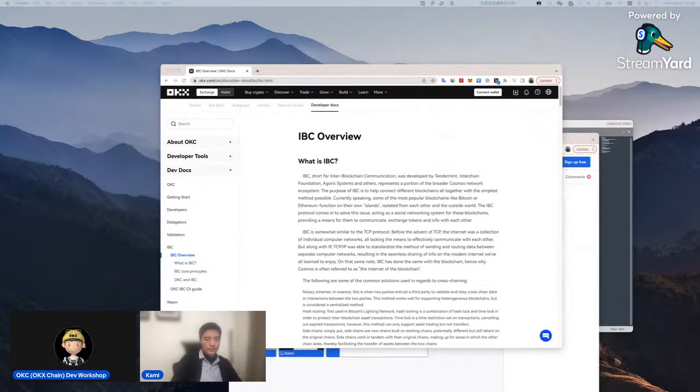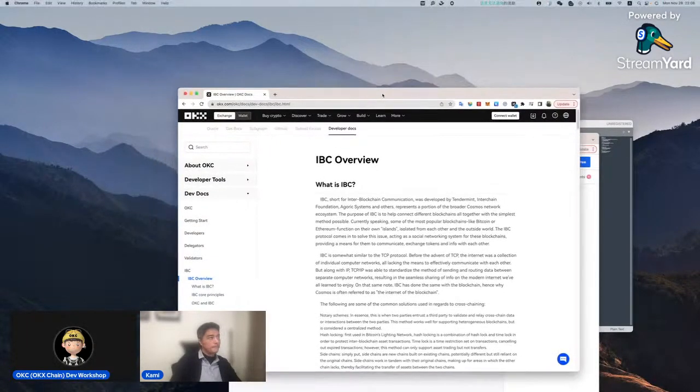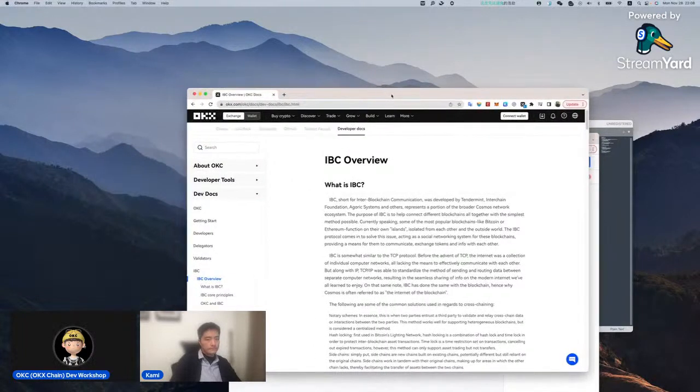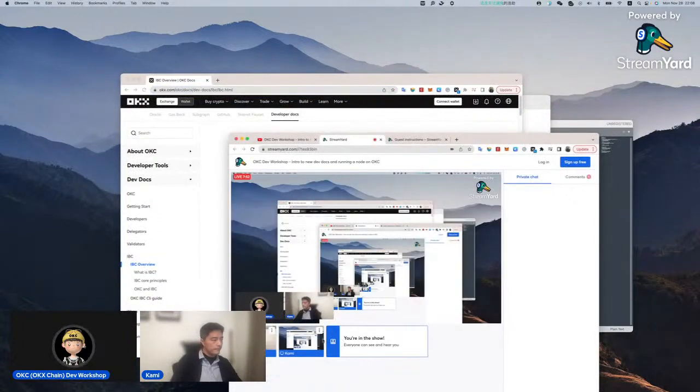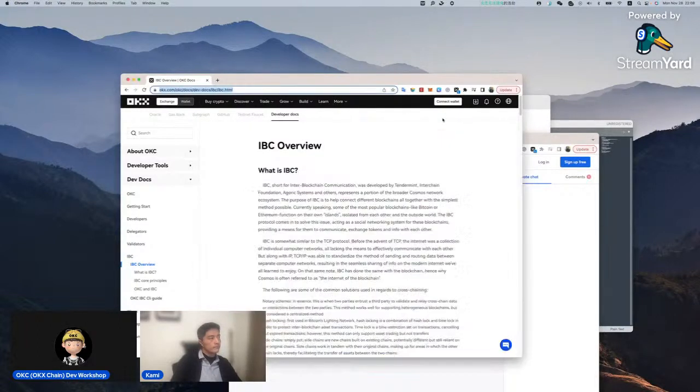All right, thank you, Cami. So, if you guys don't know, OKX Chain is 100% EVM compatible, and we're now within the Cosmos ecosystem. So from Cami's introduction, we know some basic information about our chain and some guidelines for both